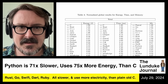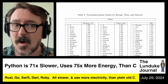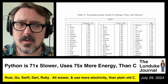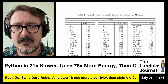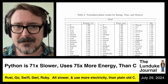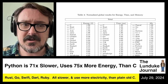Here it is. We've got the normalized global results for energy, time, and memory. So they take all of the results from all of the functions run from all of the languages and measure them, right? And then they rank them all from fastest or most energy efficient or uses the least amount of memory. They set whatever language was the fastest as the base mark, right? As the very baseline. And they gave that one a value of 1. Everything else is how many times slower or how many times more energy does that one use. So for example,